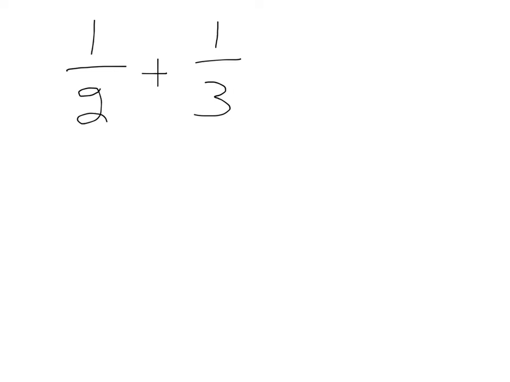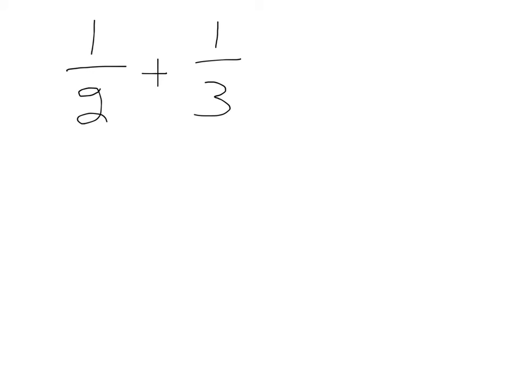If we're going to add fractions, the bottom number, the denominator, has to be the same. In this case, it isn't, so we need to fix that. We're going to use equivalent fractions to change it so that both the bottom numbers are the same. So we need to find the lowest common multiple, that is the first number that the 2 and 3 times